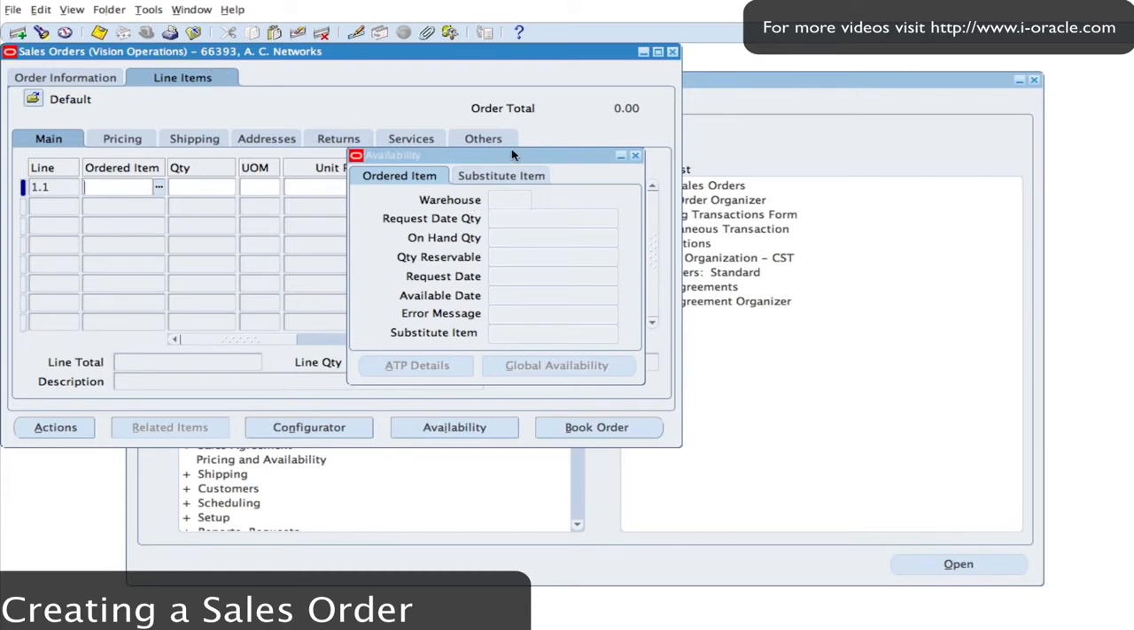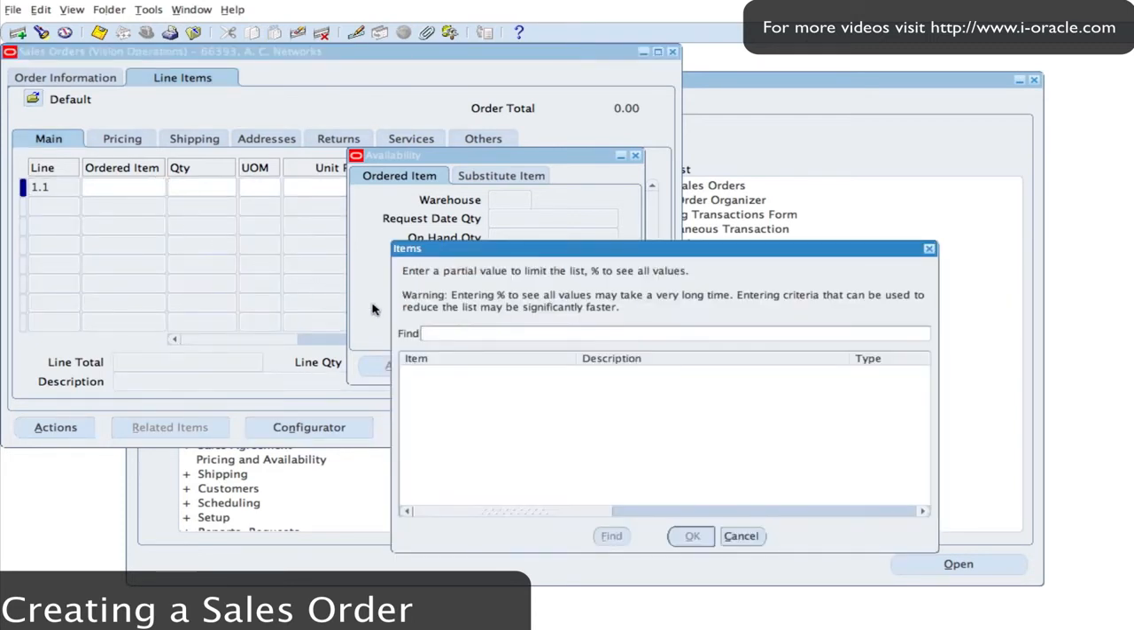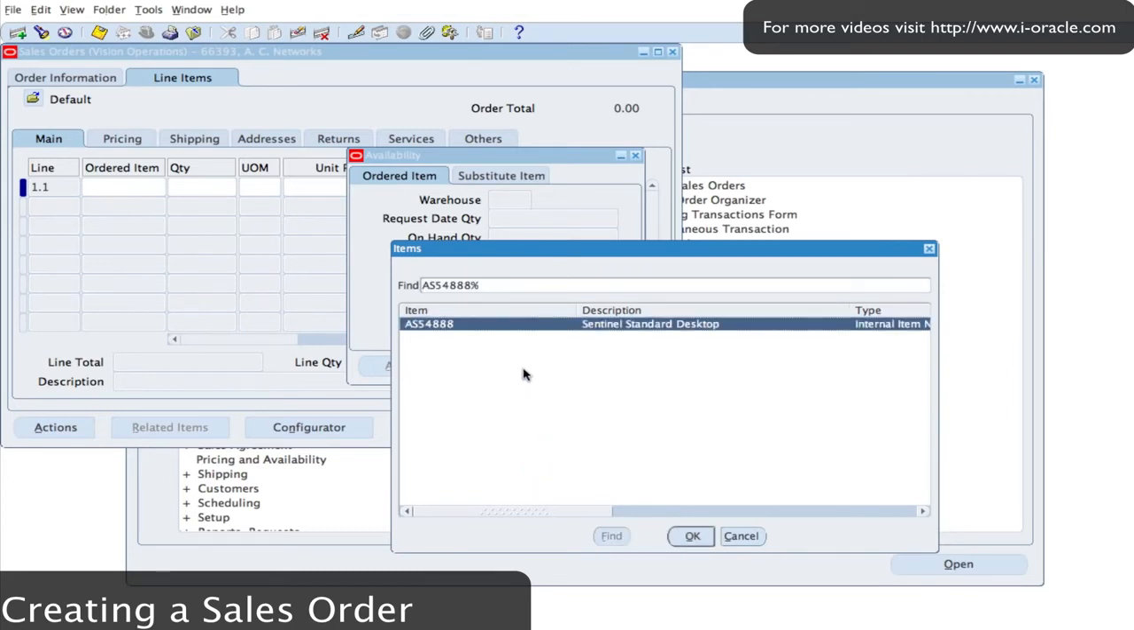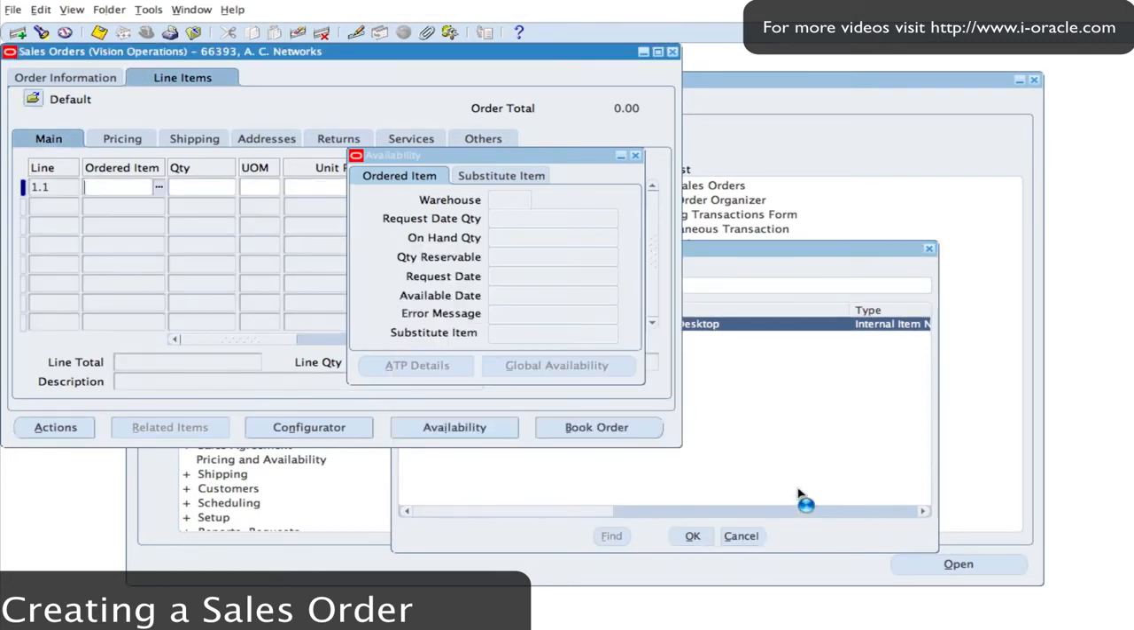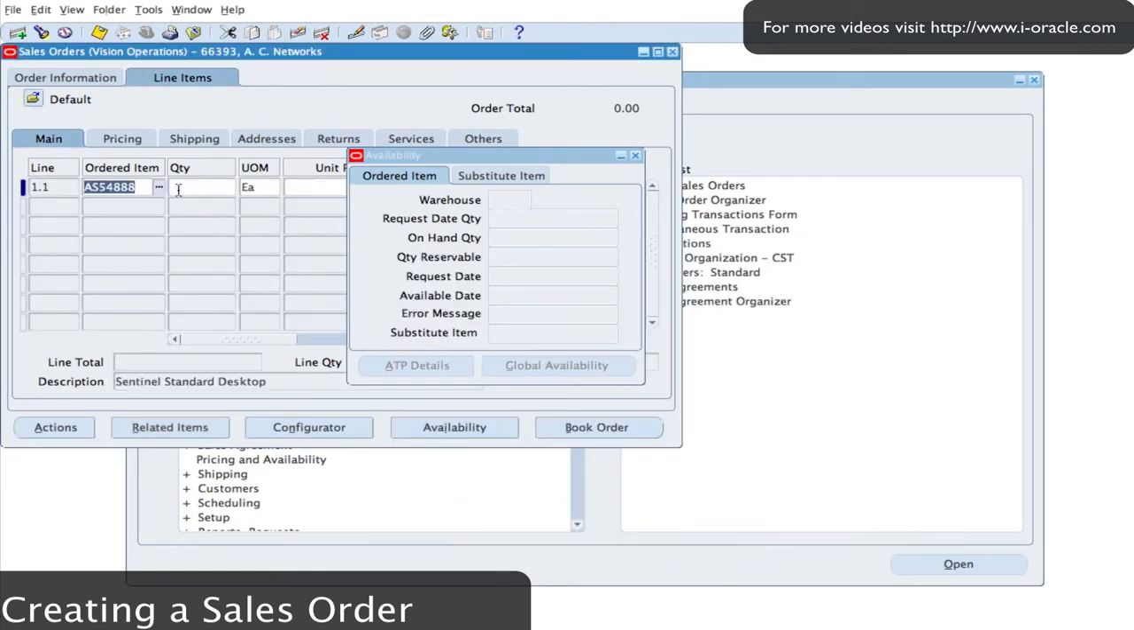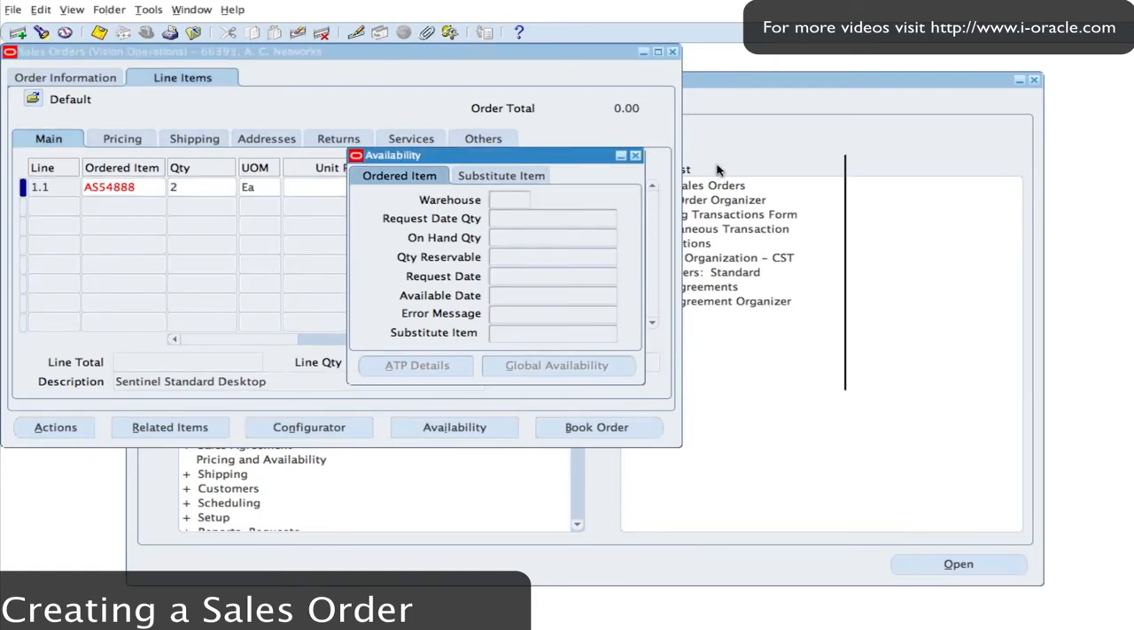66393. I've also got the availability form open, which allows me to view information about the item once I enter the details. So my item number is AS54888. I'm going to search for it, percentage, click on find, and that brings back information about the item. Click on OK, and that should automatically populate some details for me. So in the quantity, I'm going to enter 2. I just want to buy 2 of this,